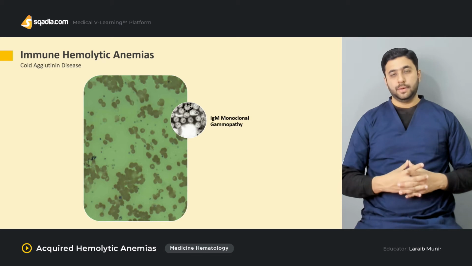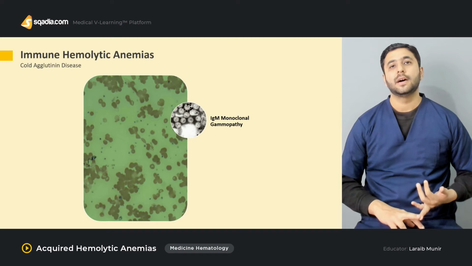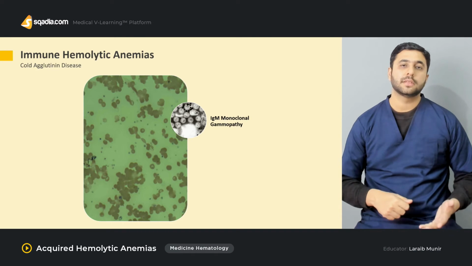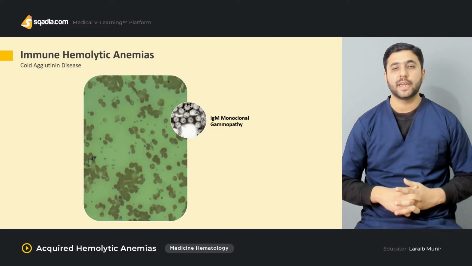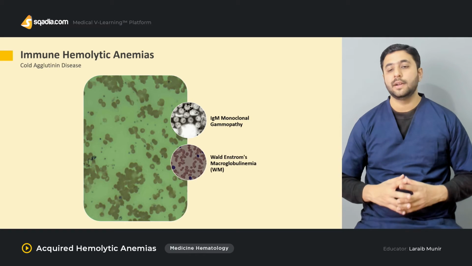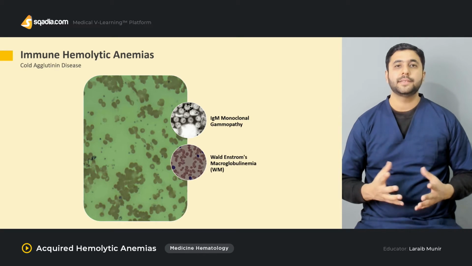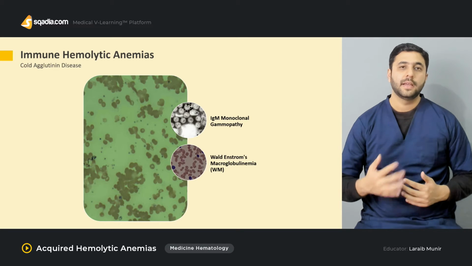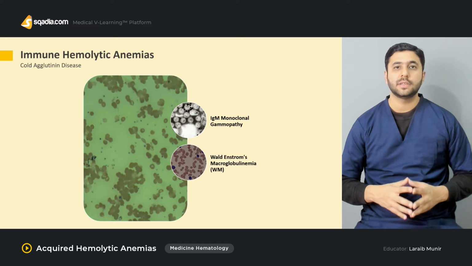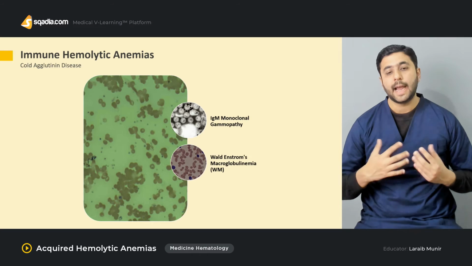This can happen on its own, but it is also related to certain other diseases, like certain viral infections, for example RSV, and other disorders like mycoplasma pneumonia infection, in which this IgM antibody can form. Or this can be a part of a disease called Waldenstrom macroglobulinemia, abbreviated as WM. In these conditions, there is large-scale production of IgM antibodies, and these IgM antibodies then react with the RBCs at cold temperatures, specifically at 4 or 5 degrees Celsius,